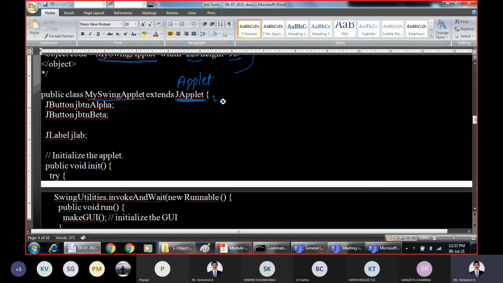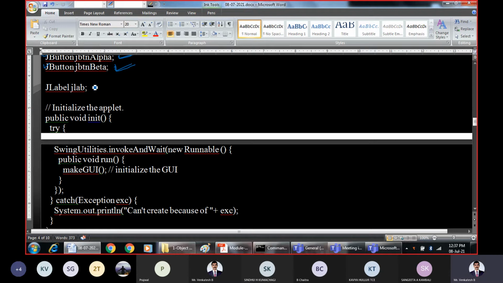As well, we are declaring two objects, two buttons, JButton alpha and JButton beta. Both are of type JButton class because one object is meant for handling the alpha button, another object is meant for handling the beta button. There is also a label to hold the text value, a passive label, if you want to process it, this object is needed.